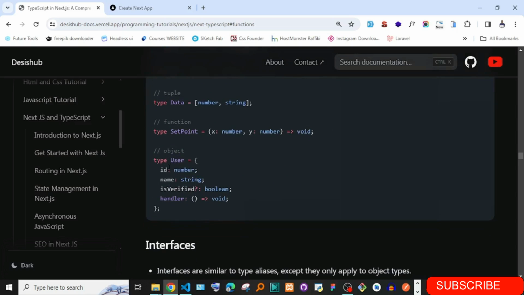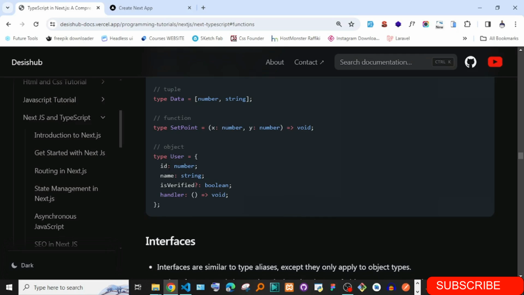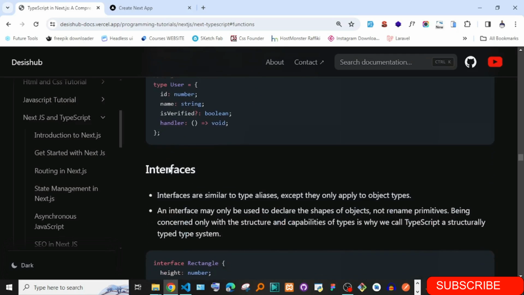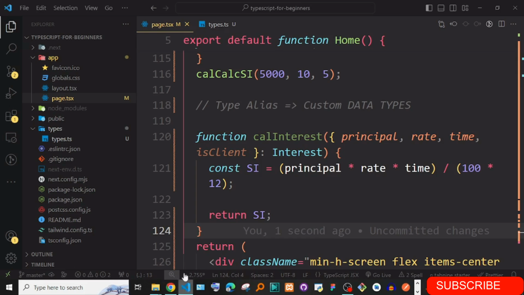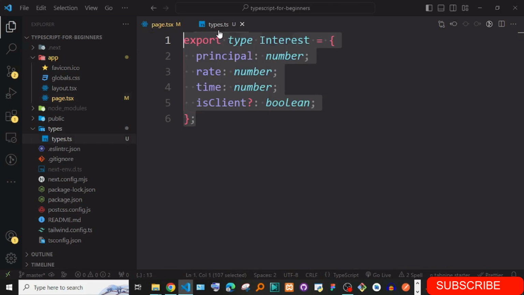Unlike that, interfaces are specifically for objects, but they work in exactly the same way. For the type, you simply define it using the keyword type. Similarly for interfaces.